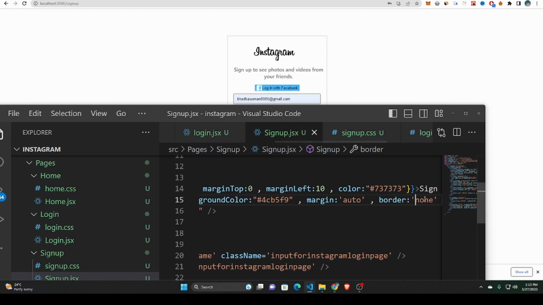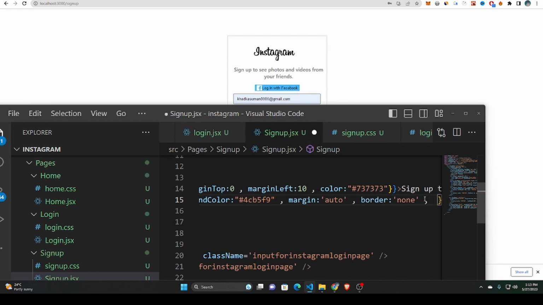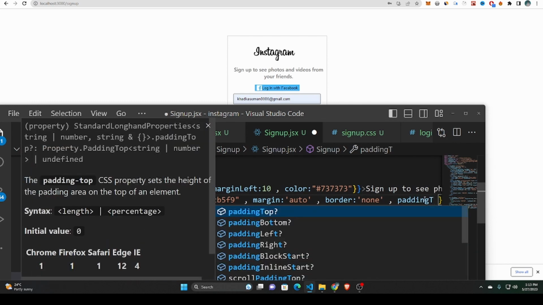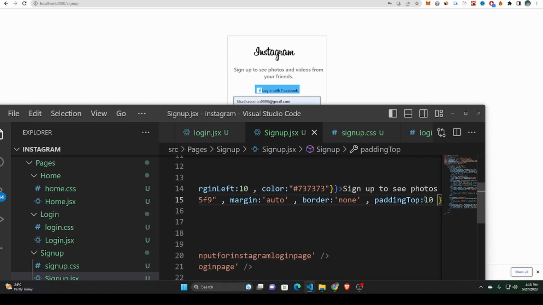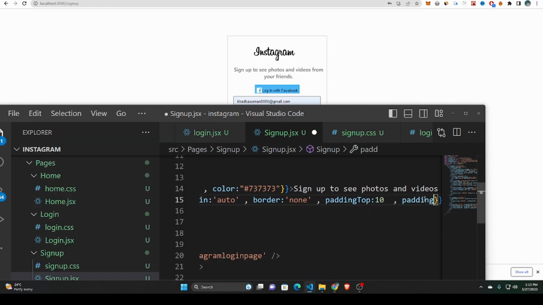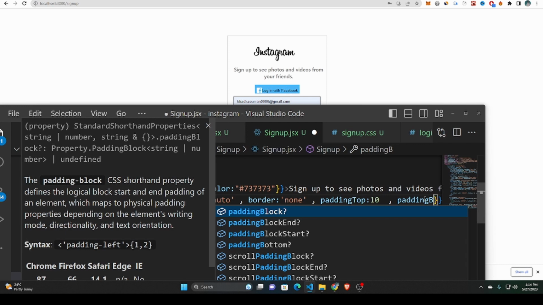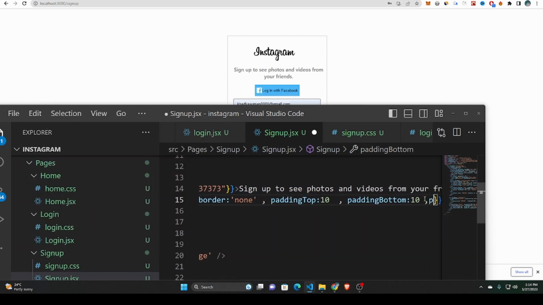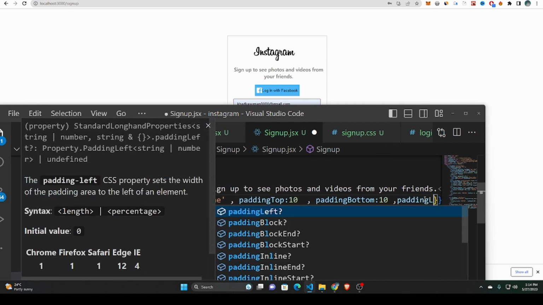Border none, and let's try padding top, which is 10, and let's try the padding bottom 10, and let's try the padding left,